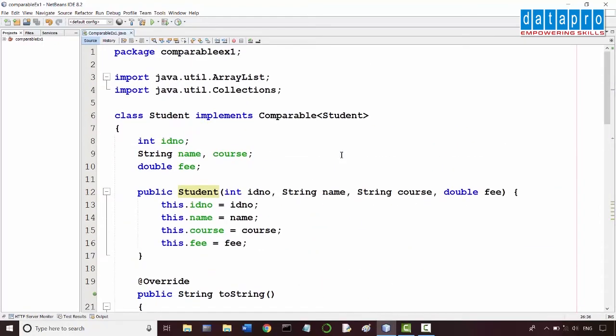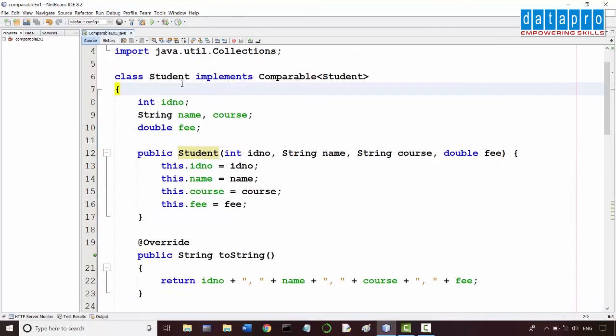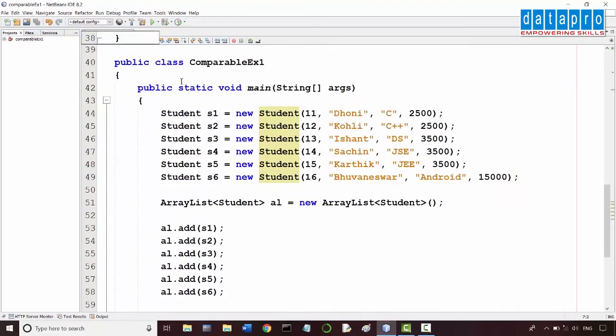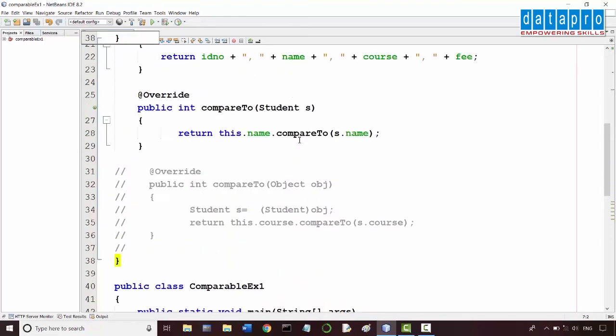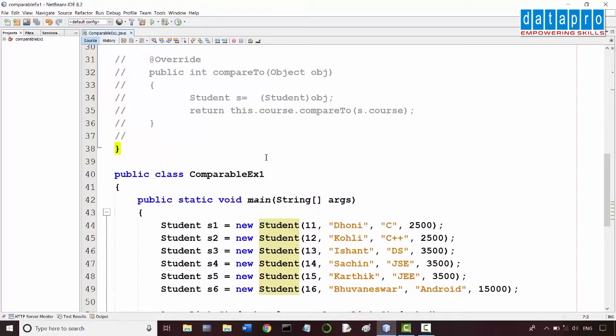Now there is a continuation to this concept. In this example, imagine that the student class is created by programmer 1 and it is being used by programmer 2. So programmer 1 has decided on which field basis comparison should happen. He hasn't given any choice.